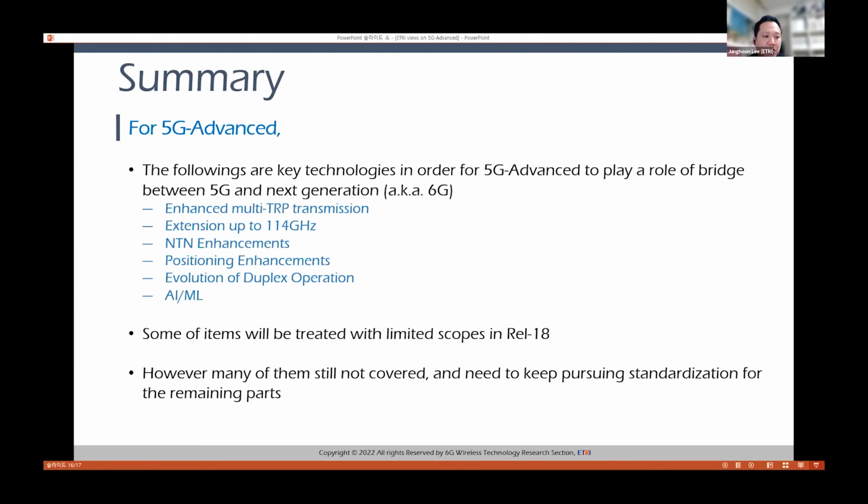As I mentioned before, some of the items will be treated in release 18. However, many of them still remain and should be covered in the following releases of 5G Advanced. In order to do so, we will try to pursue standardization of the remaining parts.